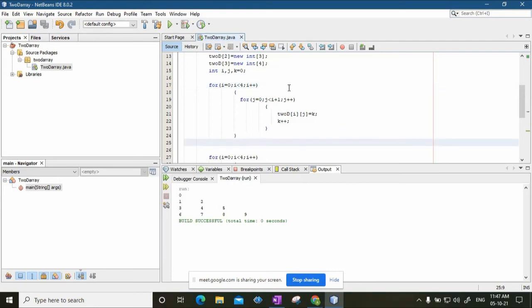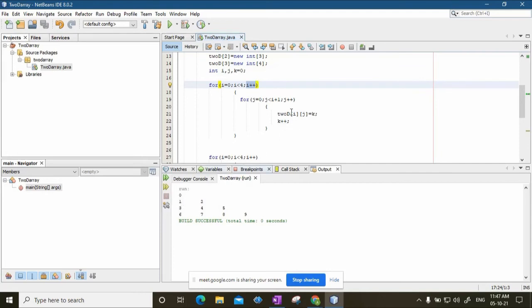Okay, and it will come back here and it will increment the value of I, which simply means that it has printed one row and now it is going to print the second row all over again. So it will increment I. So I now becomes 1. Now it checks, is 1 less than 4? Yes, 1 is less than 4. So it comes here, and now j is 0. So I is 1, j is 0, and now it checks, is 0 less than 1 plus 1, 2? Yes, 0 is less than 2. So it comes here and it prints 2d of 1 comma 0, and 1 comma 0 is this value.